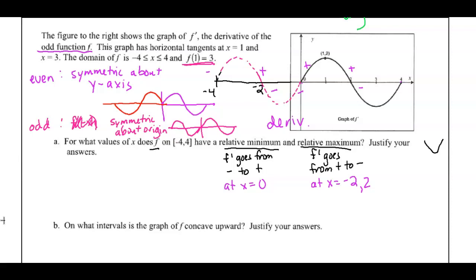It does say the endpoints, so I actually like to include endpoints, but I do that separately because that's a different rule. So what happens is, because our derivative is positive, it means f is increasing. So if I start somewhere and then start increasing up, that means that's going to be a local min at the endpoint. And they closed this interval in our directions, so we do want to include our endpoints. So at -4, f has a local max because